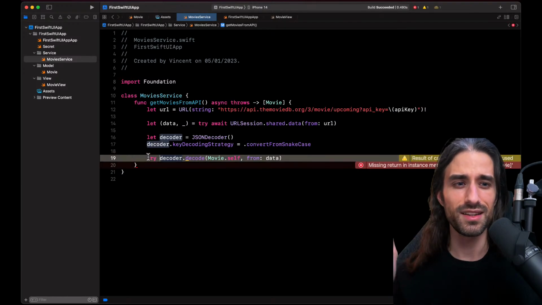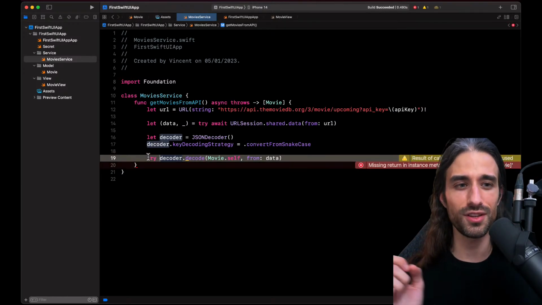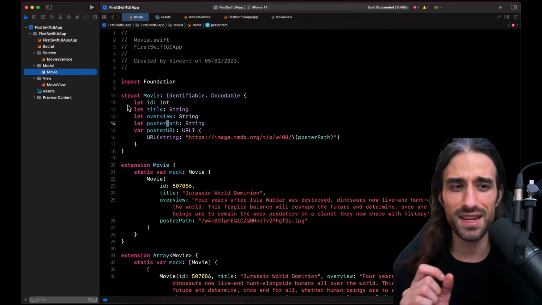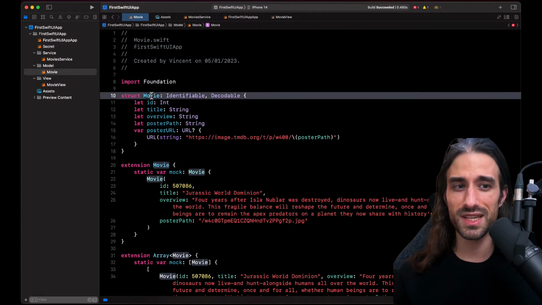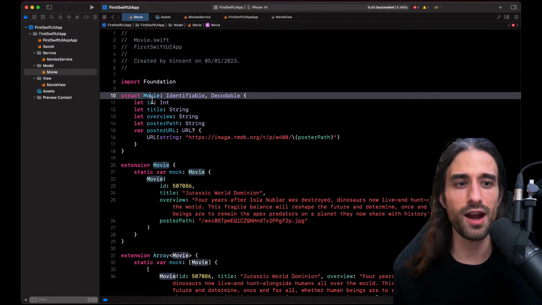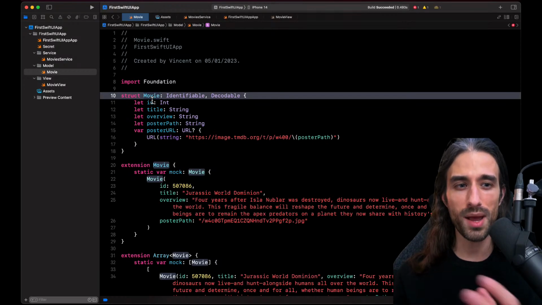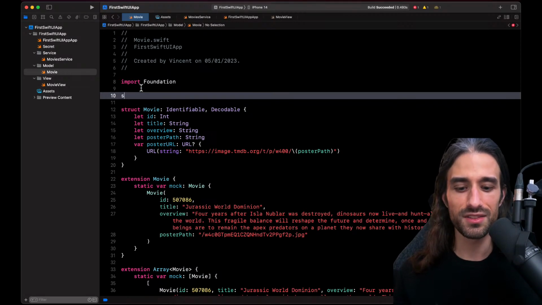And finally, there is one last thing I have forgotten to implement, which is that my JSON will not actually directly contain a Movie. It will contain an array of movies. So there is an object that will wrap this array, and I need to implement a struct for it. I'm going to call it MovieResponse.